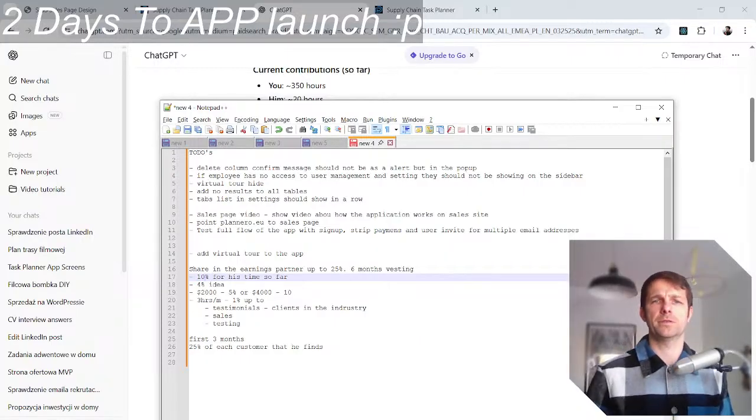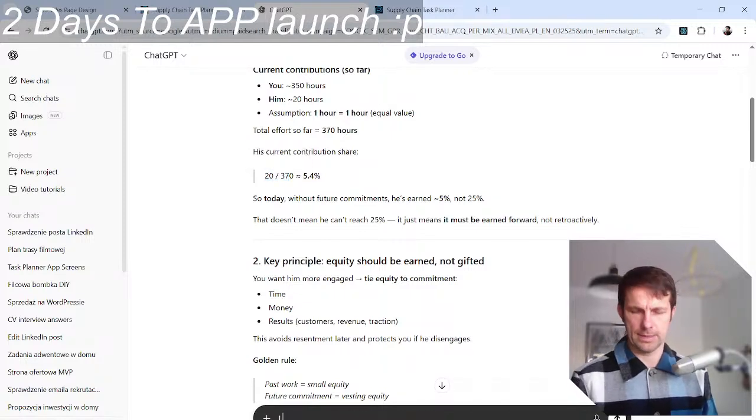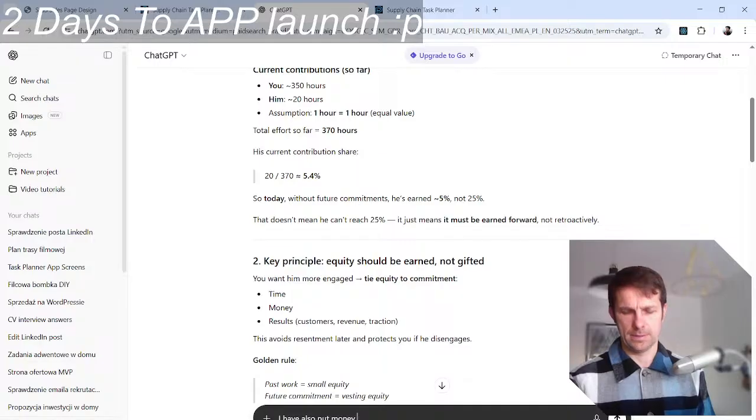Yeah, he's 10%. Let's say he actually has put, oh, okay, he has also put money, around $200 into server costs and promotion.